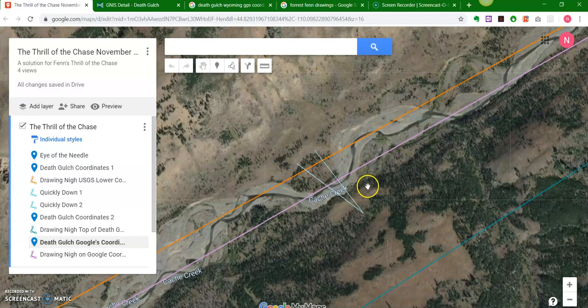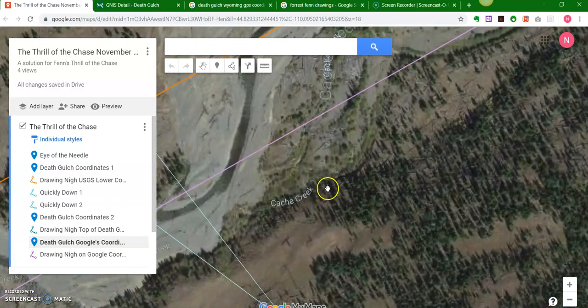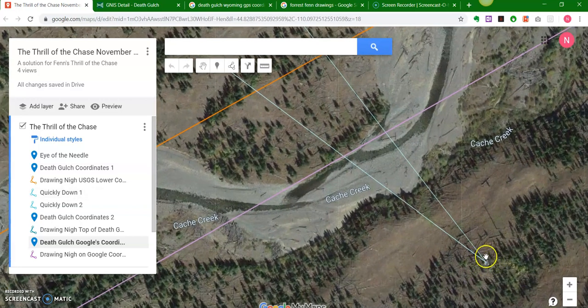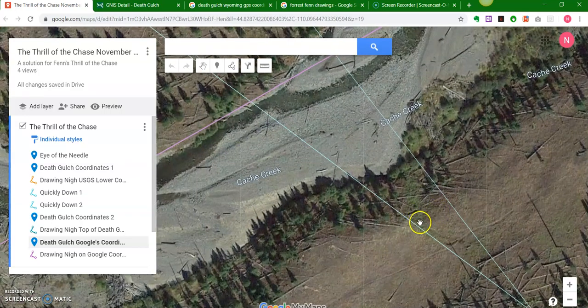I guess they're like tweezers, and that indicates that area inside the, I guess, square or that shape, polygon, is the likely area for the location of Forrest Fenn's treasure. This point here is the blaze. I have it marked in the features here, but quickly down would seem to be through that part there, and also as indicated by, I think, the green patch here, which probably indicates the course of the water flowing